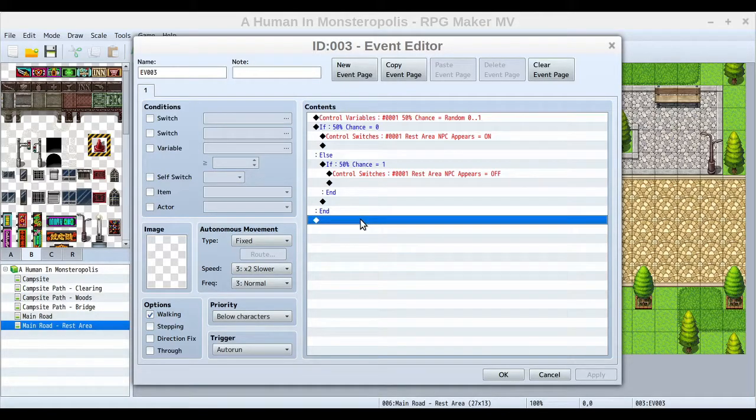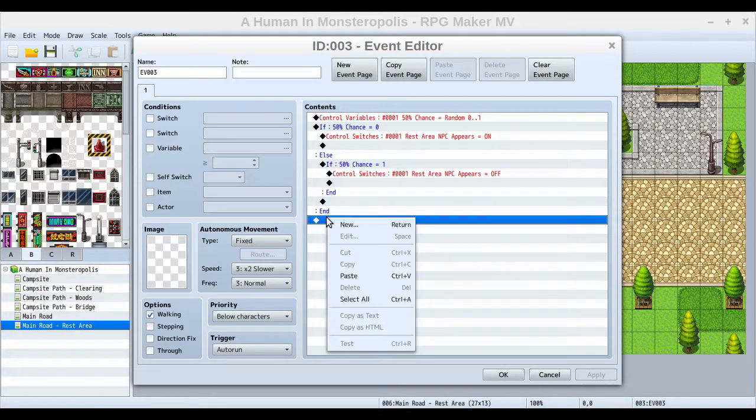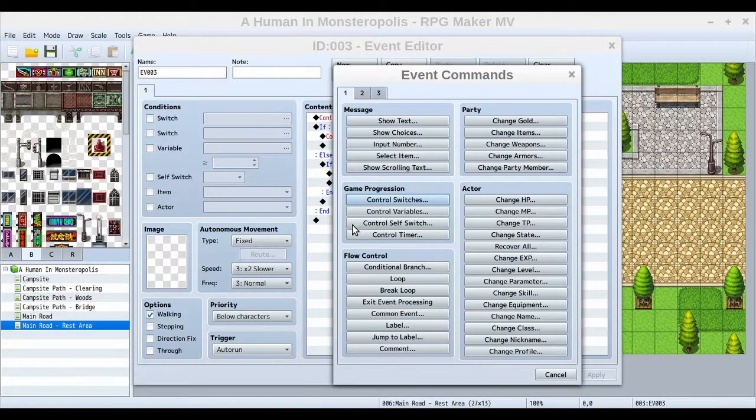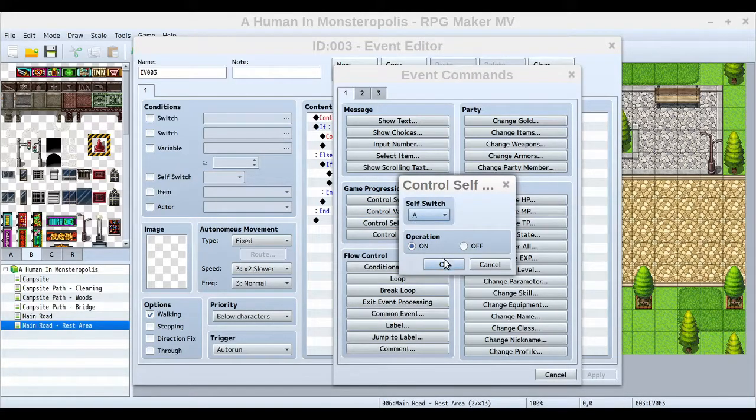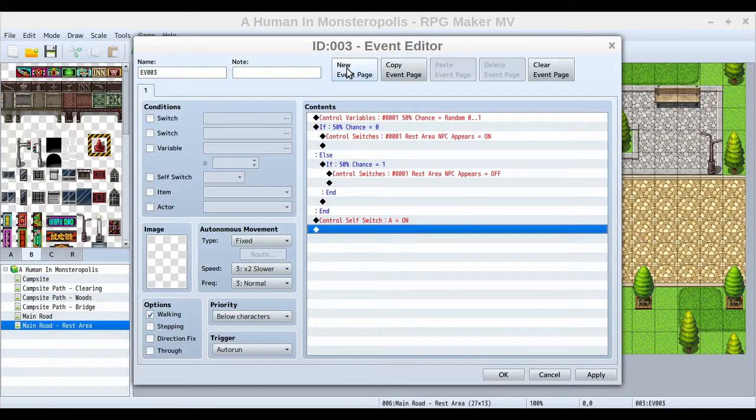So one way that you can stop it from running is at the end. Here we have all these situations. Like once all this is resolved, once it picks a variable and it's controlled which operation we want for the switch, if you just wanted this to run one time and then not ever again, you could use a self switch. That's one way you could do it. So you could go new, control self switch A is on, and then just like we did before, you'd make